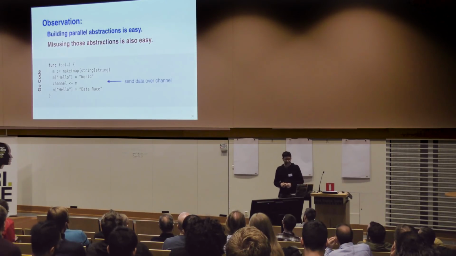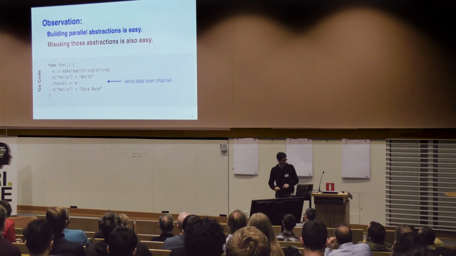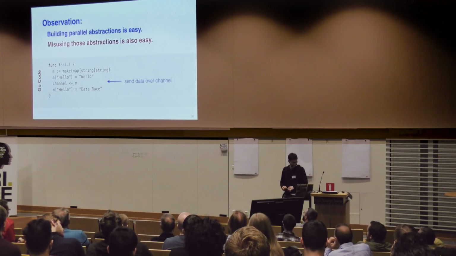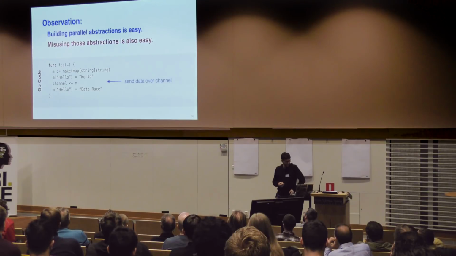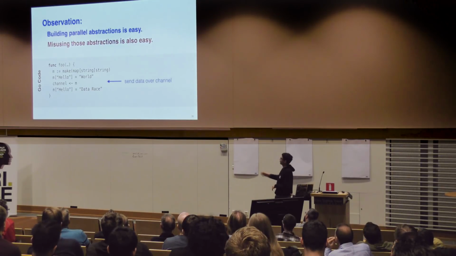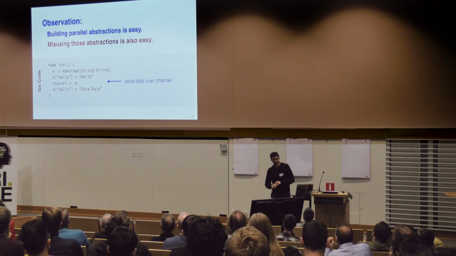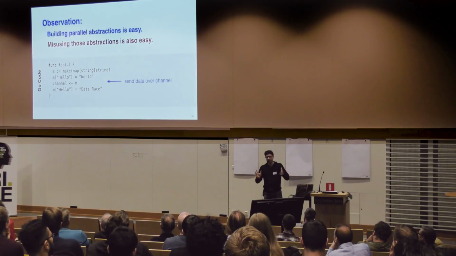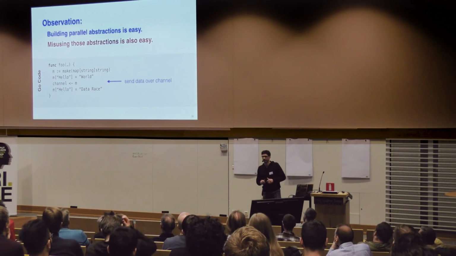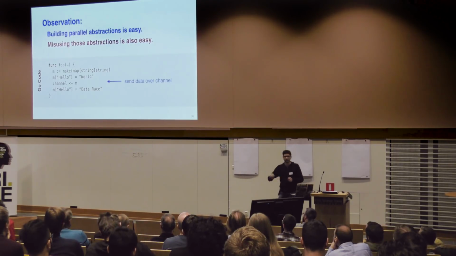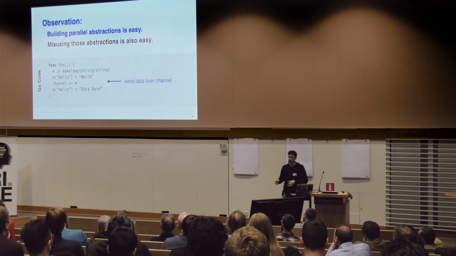Just saying. No, not only Rust. Other languages too. So anyway, here's what's happening. I'm making a mutable map, and I'm sending it over a channel. And what happens is I'm supposed to stop using the map at this point. Right? I just sent it to another Go routine. The other Go routine is supposed to read it and do whatever it wants with it. And all I'm supposed to do is just forget about it.